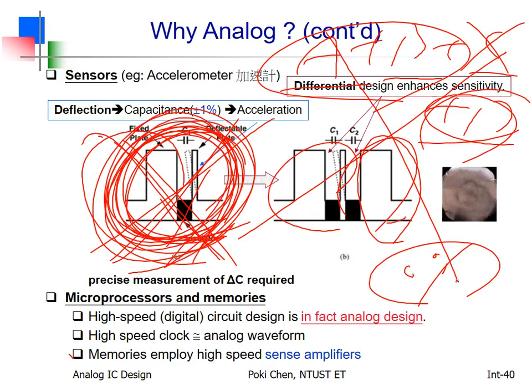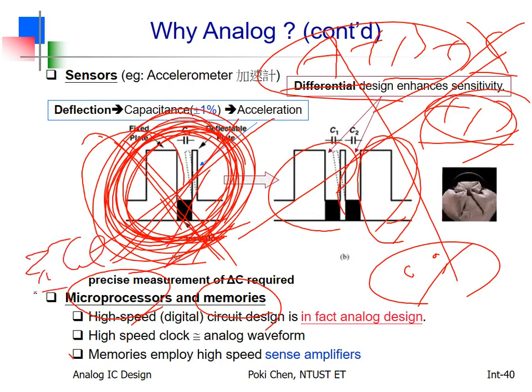Anyway, you will say, hey, I'm an AI designer. I only need to use computers, software, right? I don't need to care about analog design. No, no, no. Even for AI guys, they still need to use microprocessors, memories, everything, right? Who is the best for microprocessors? Intel. For mobile cores, ARM, right? For memory, Samsung.